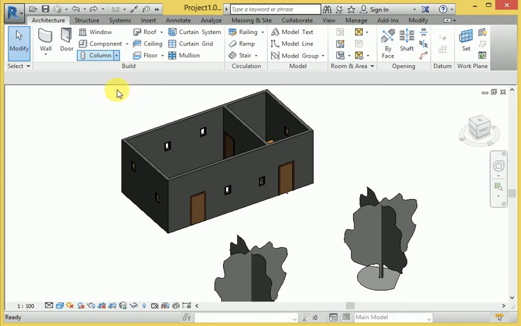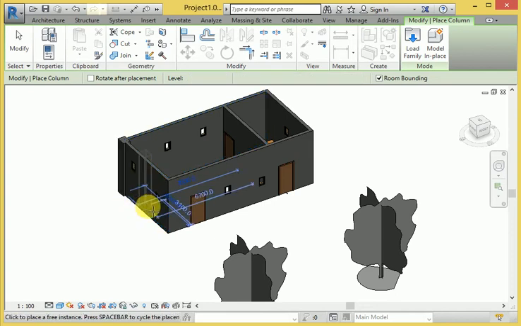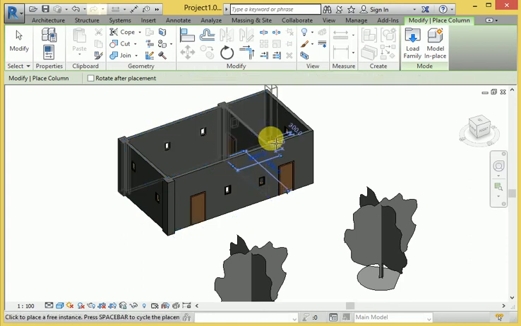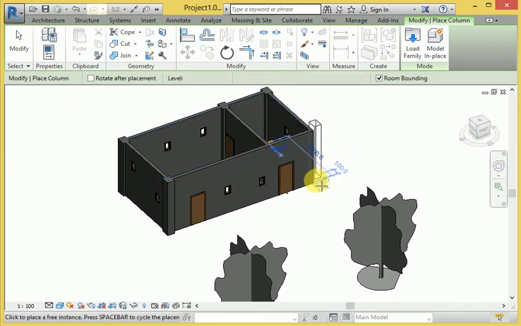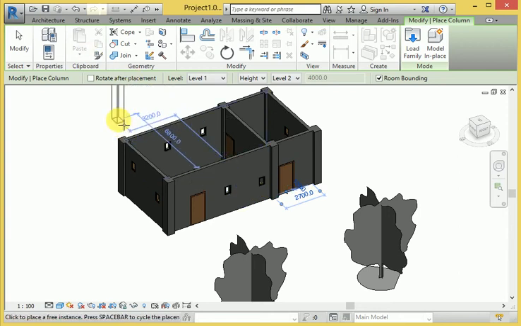When I click, this one is the structural column. When I put it down at this particular corner and also at this other corner, let's show you this one again. This already has reinforcement. Then after I just click, look at this.